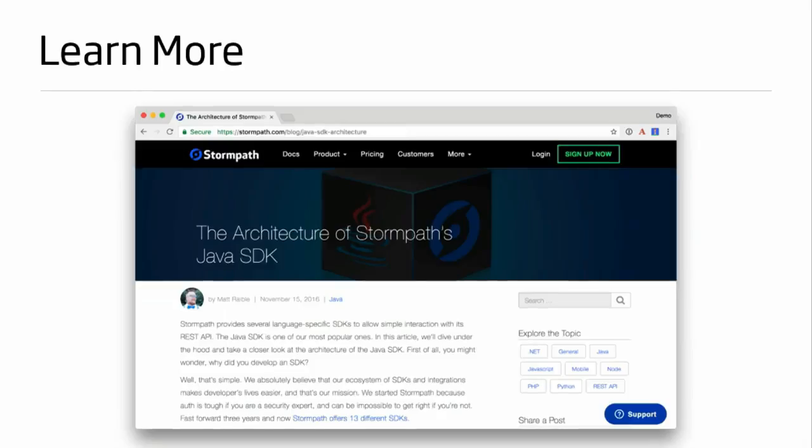So you can learn more. I wrote this blog post last November that talks about all the internals, the data model, the operation of executions that happen in the background, and the caching that we do to make the SDK faster, and then the builder pattern that we use, how you configure everything, and how we do OAuth2 workflows. So you can read all that. We're going to publish these slides probably later tonight or tomorrow, and then you can click on this and it'll take you to the blog post.